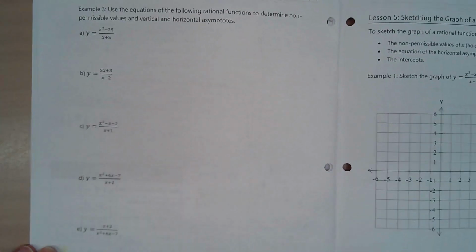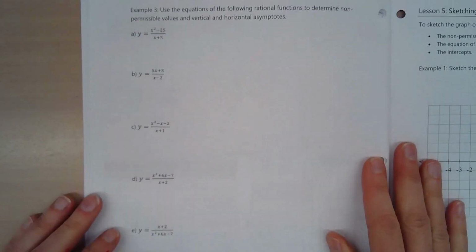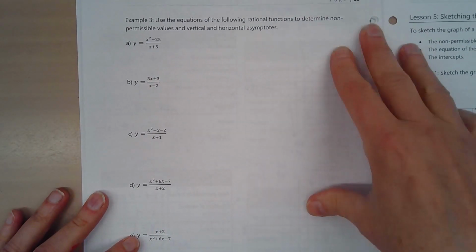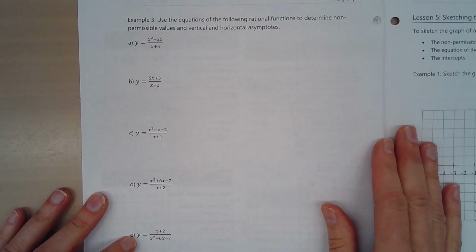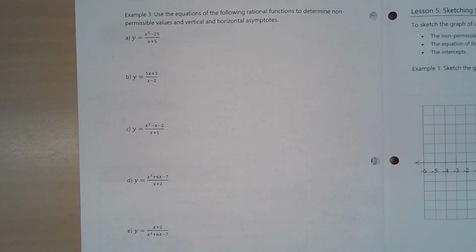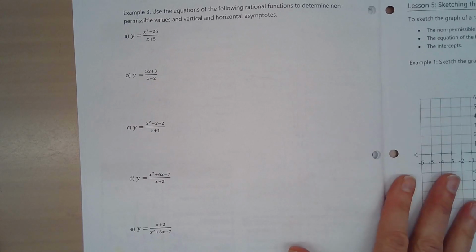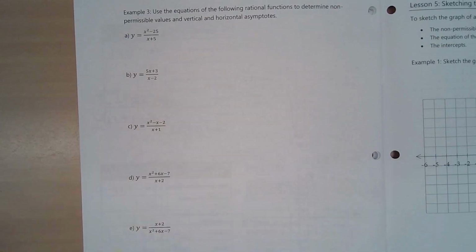We're moving into, I wanted to start graphing today. I'm just not sure if you guys are ready for it, but identifying the vertical and horizontal asymptotes and the non-permissible values are probably at least 60% of what you need to know to graph. So first of all, always keep in mind, eventually you're going to be writing that final exam,